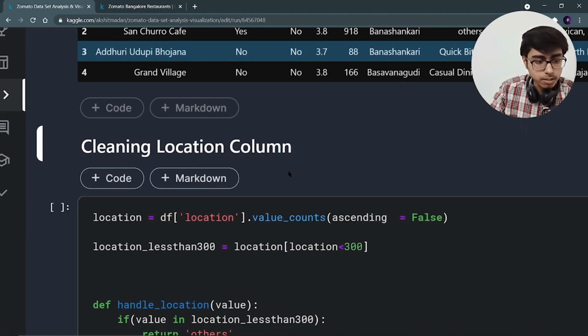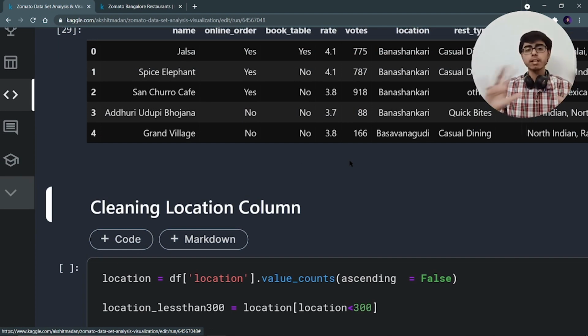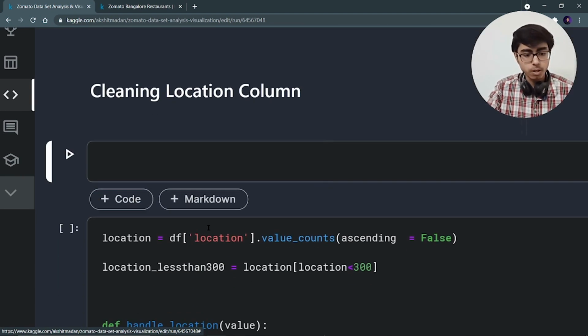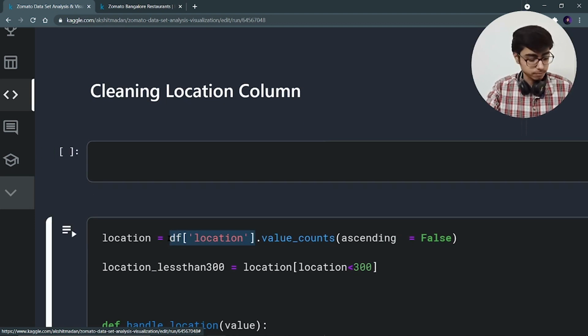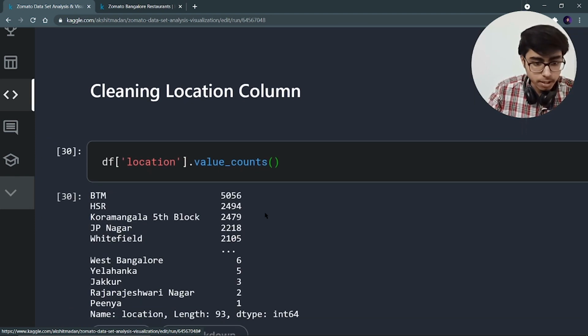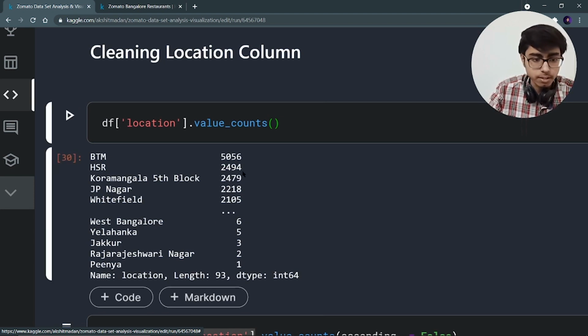First of all, for this location column, I'm going to do the same thing that I did on restaurant types. I'm going to see df['location'].value_counts(), and over here also I can see that there are so many values, and a few locations have very few restaurants. Again I can make a cluster of all those locations.